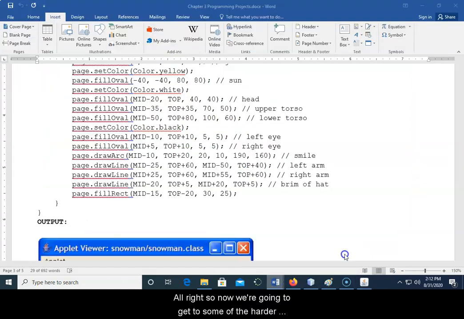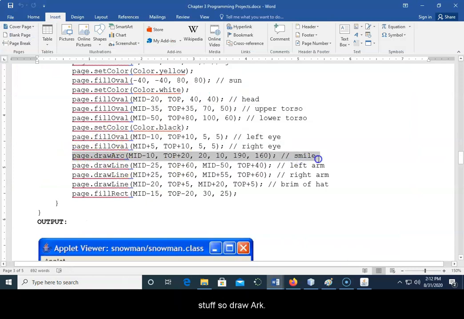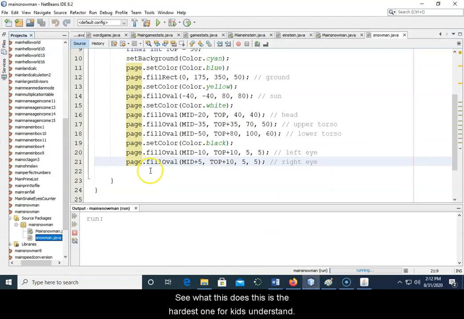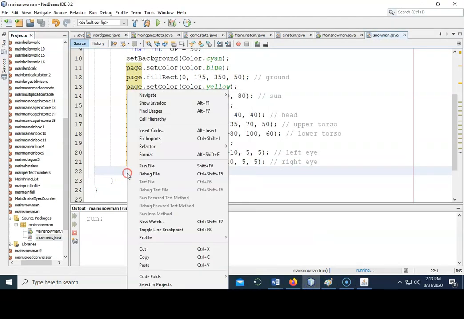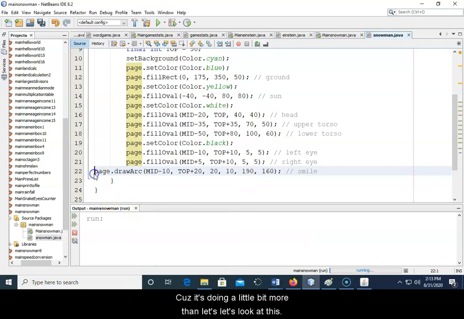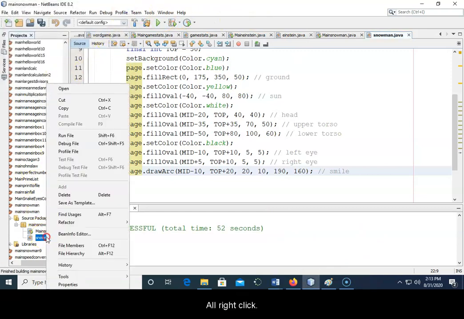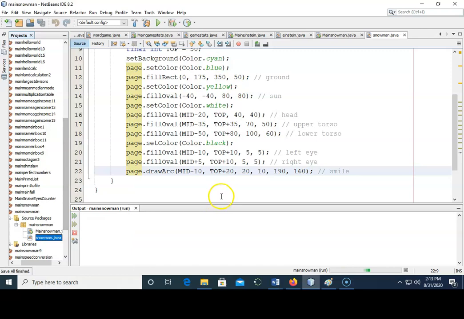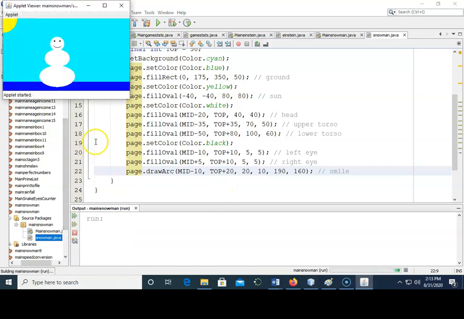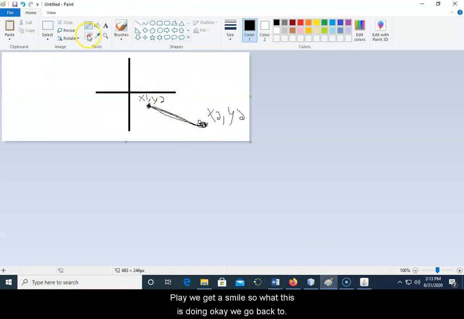All right, so now we're going to get to some of the harder stuff. So drawArc. Let's see what this does. This is the hardest one for kids to understand because it's doing a little bit more. So right click, run. Okay, we get a smile. So what this is doing, okay, we go back to, and this is going to be a little bit of